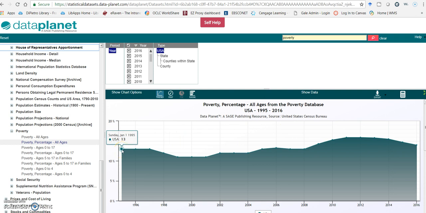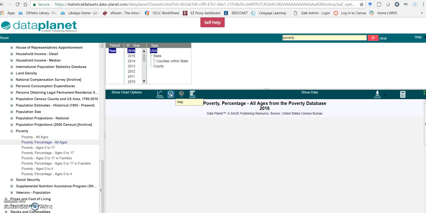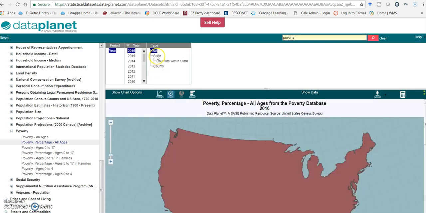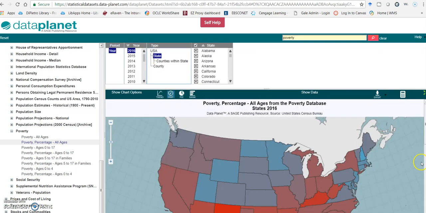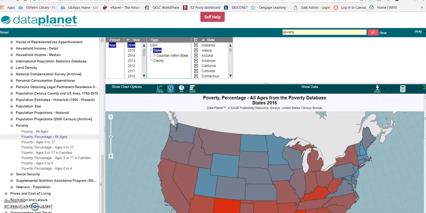So 1995, it was 13%, dipped down a little bit, and then with the recession of 2008, 2009, went up. It's starting to trend downwards again. You can also view this as a map. So I'm going to click map right here. And this is the U.S. total. If I click states, this is going to show me